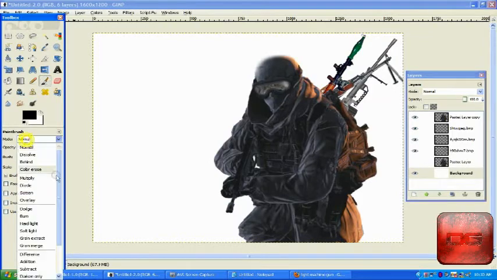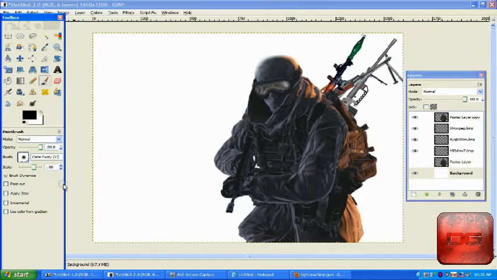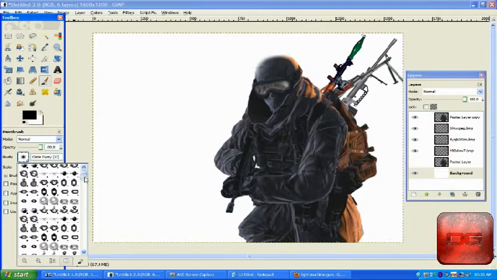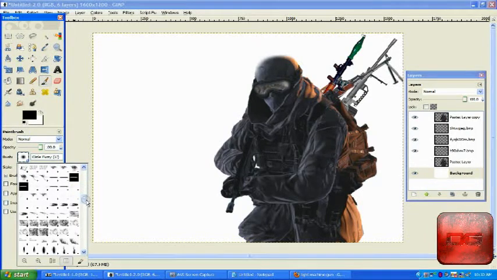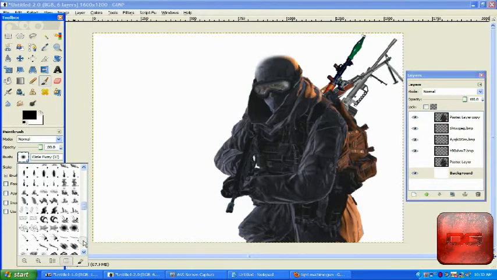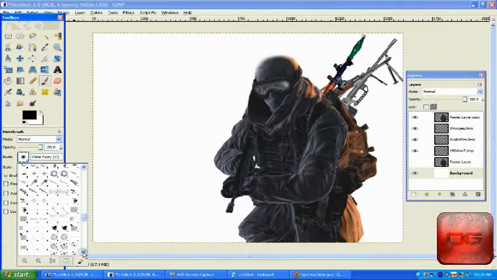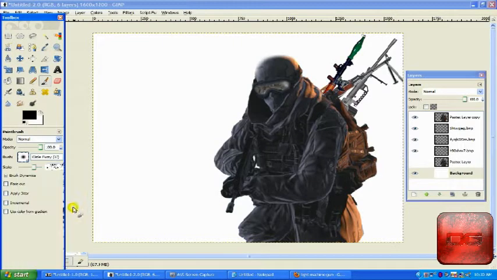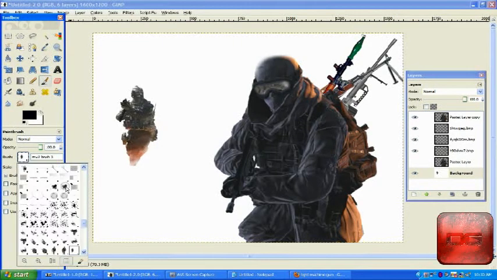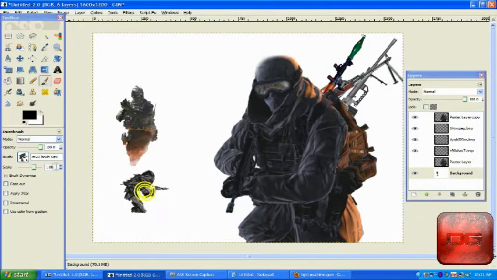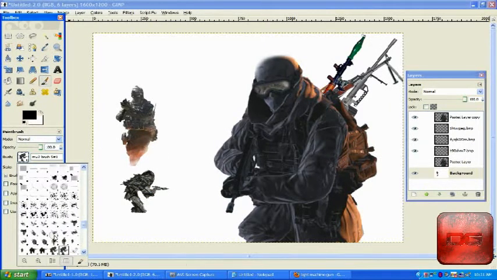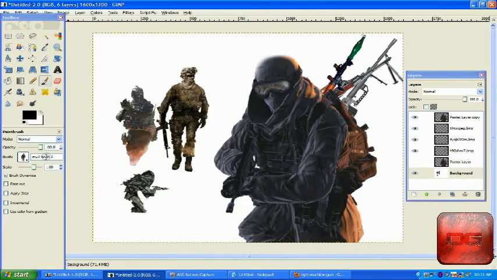So he's got the gun sticking off his back, and as you can see, if you didn't notice, in between his arms and his torso, there's a part where I did not get the white out. And yeah, I made a brush pack for GIMP actually that already